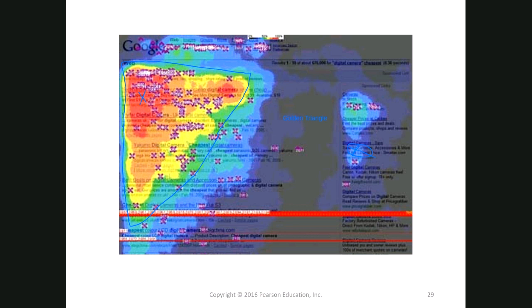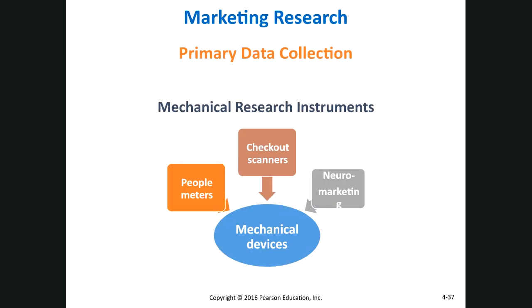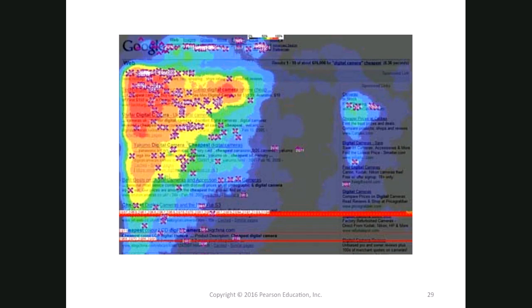All right, so that's an example of collecting information through mechanical research instruments, just letting people do whatever they do and recording it mechanically. And that's an example of how web developers and website companies decide how to build their pages, what they should look like, where the important information should be. It's the same way once you get, this is a search result, the same way